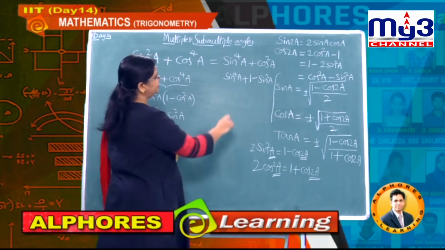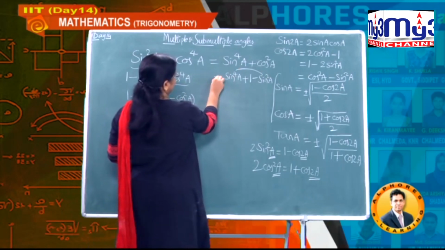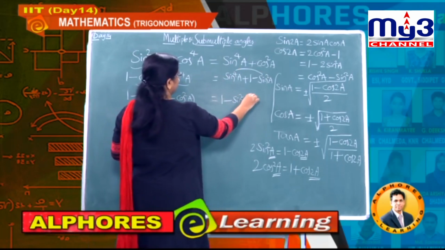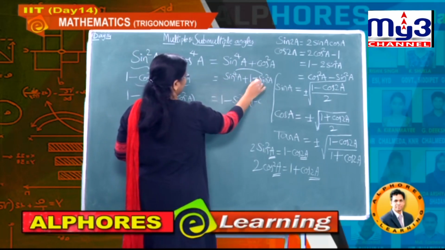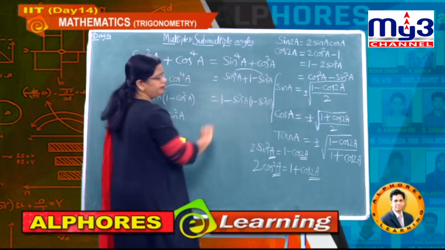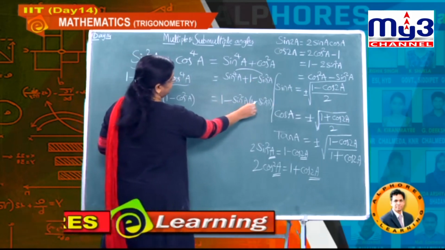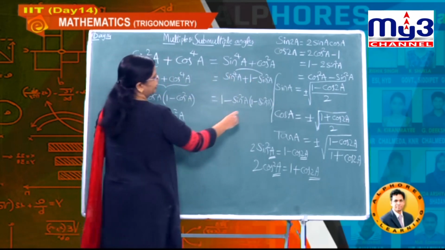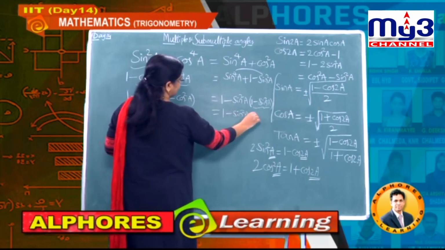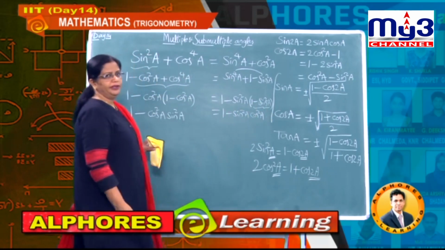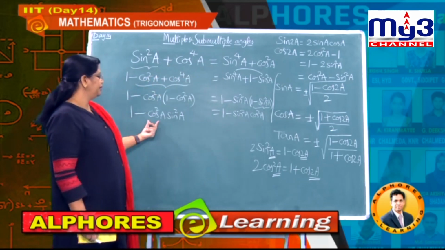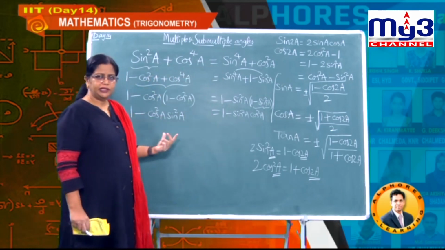Now this cos square A I am writing as 1 minus sin square A, okay students. Now from these two, which value will we take common here? It is nothing but 1 minus sin square A common. Then if you write, it is 1 minus sin square A, minus sin square A this value, and then minus into minus plus sin power 4, okay. Now what is this again? 1 minus cos square A, sin square A, same as here students, cos square A, okay. That means finally whether you take in this way or in this way, what is the value you got? This one and this one, both are one and the same, okay.